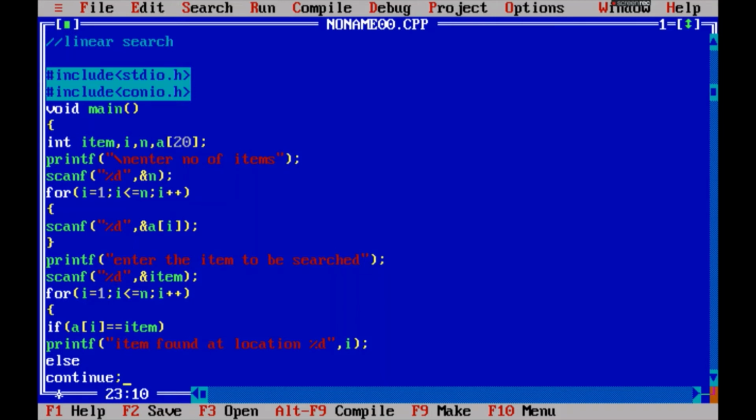Continue means it will skip. If the item is not found, it will skip the loop.